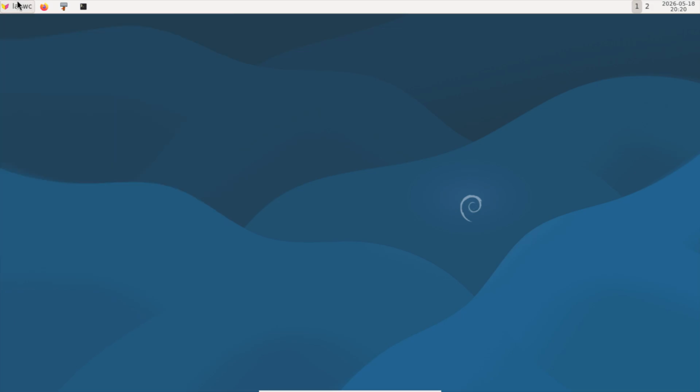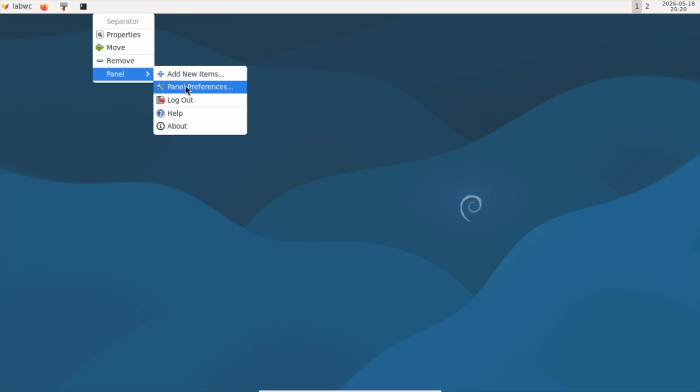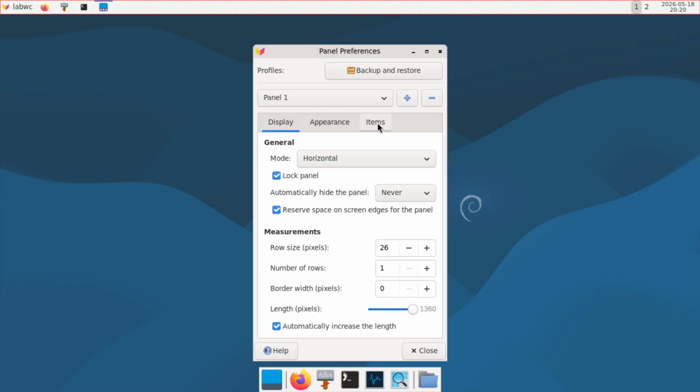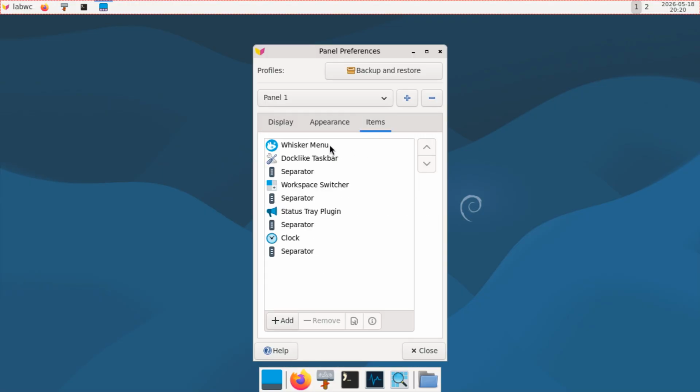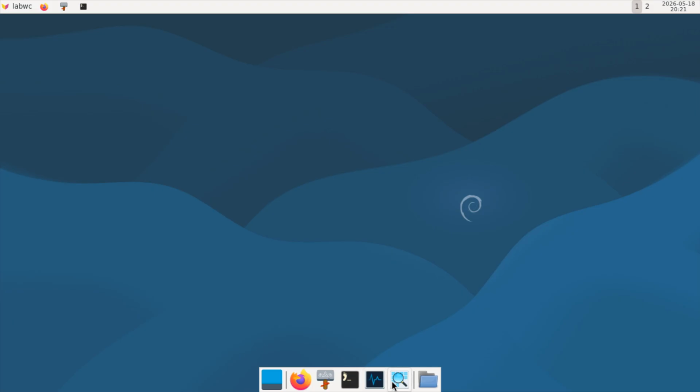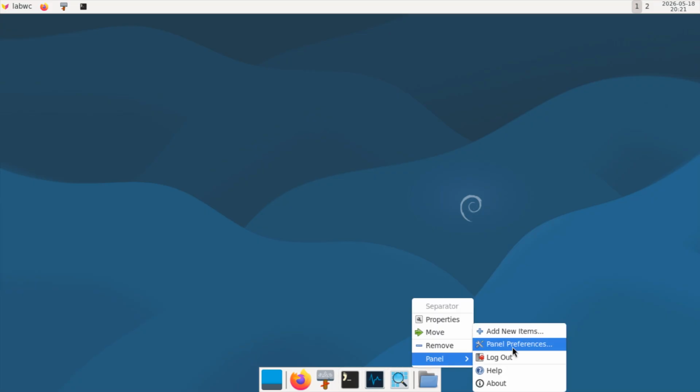You have to set it into the panels manually. Items, whisker menu, manually inserting, and the dock-like taskbar I inserted manually here as well. By default it is windowless in the xfce panel. And here on the bottom we have the xfce dock, and important here is